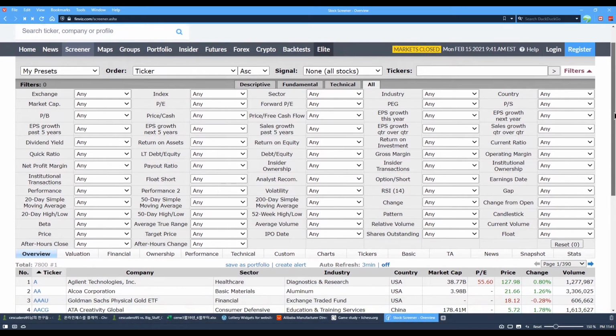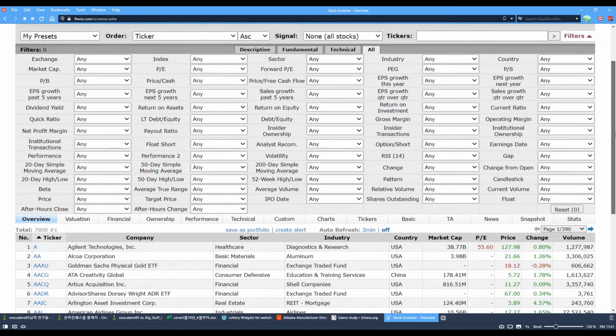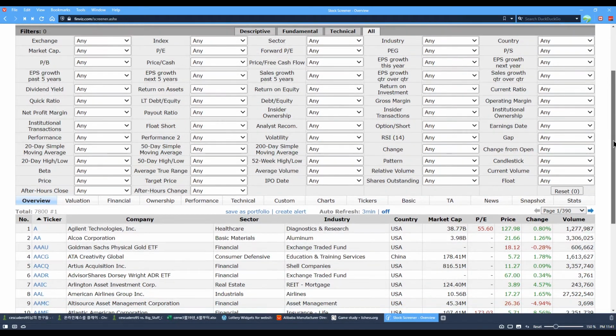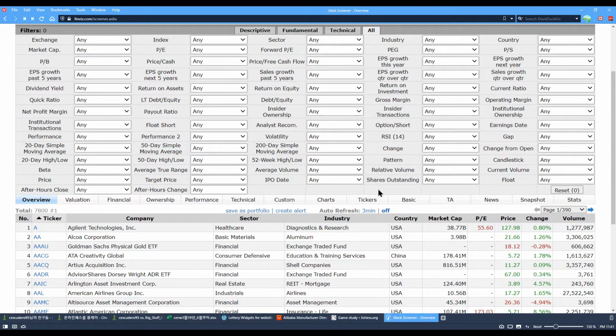So what a screener is, and why it's important to know how to screen to start to search for investments if you want to invest in individual companies, is that you can use criteria, financial metrics, to narrow down what you're looking for. It's just a start. This is not the end of your search, but it helps you find candidates for investing when you want to